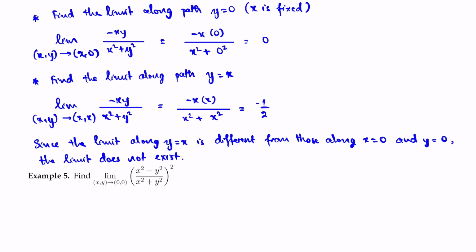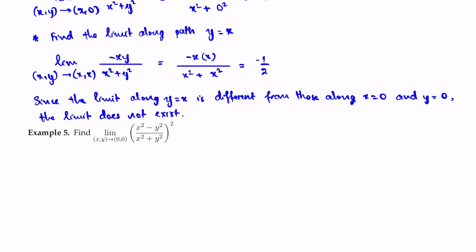Now we're going to do a similar problem, determining whether the limit of a function exists or not. You want to find the limit of the function (x squared minus y squared) over (x squared plus y squared) altogether squared. If you consider this function, the domain is everything except the origin again. Therefore, when you do direct substitution, you will see that the limit of the function will be 0 over 0, which is the indeterminate form. So by direct substitution,